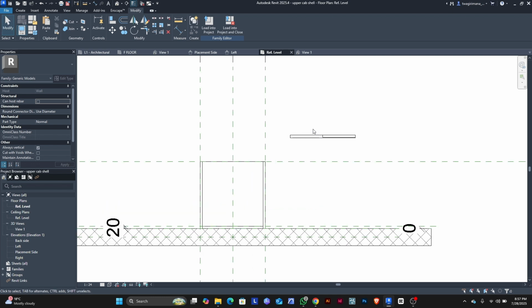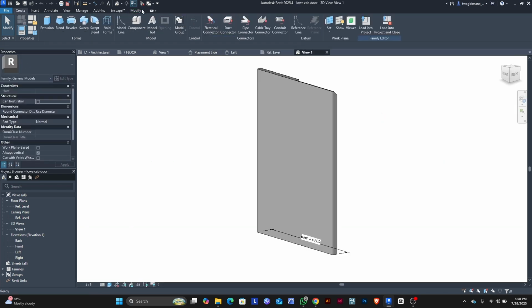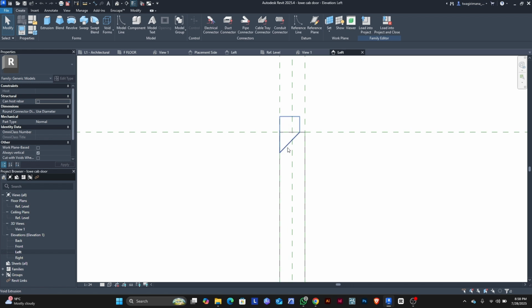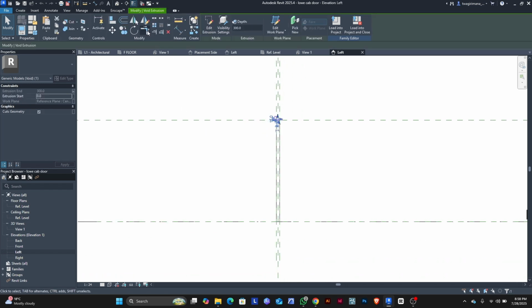Then the thing we have to do, we have to first go back, edit this handle position and bring it to the lower, to the bottom of the door, because it is the upper cabinet, so that someone can be able to open and close it. So let's go to the left view or left elevation, then mirror this